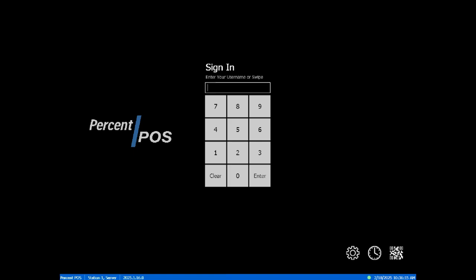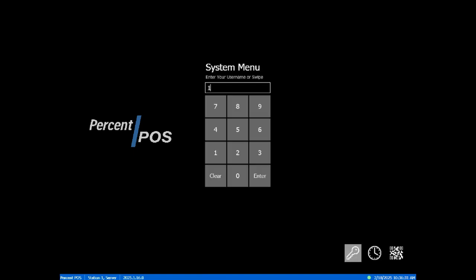Keeping track of your user permissions in %POS is incredibly simple and convenient. Creating user permissions allows the user to set predetermined permissions for certain users of the POS system. To access the permissions groups, log into System menu by selecting the System menu icon at the bottom of the